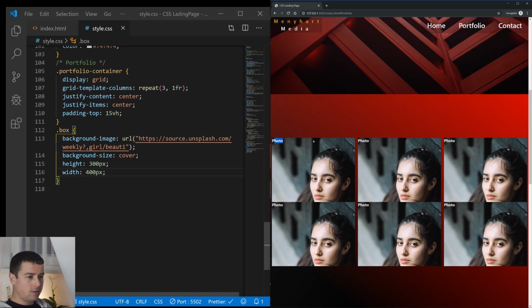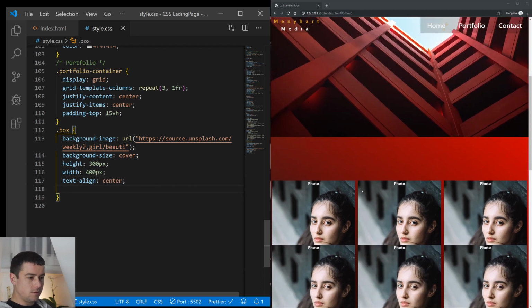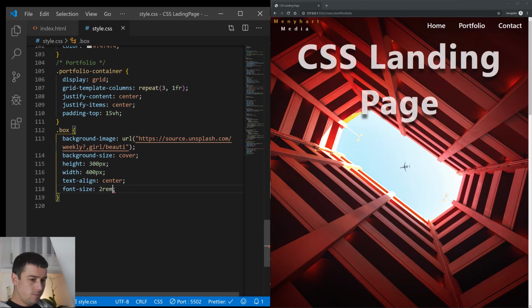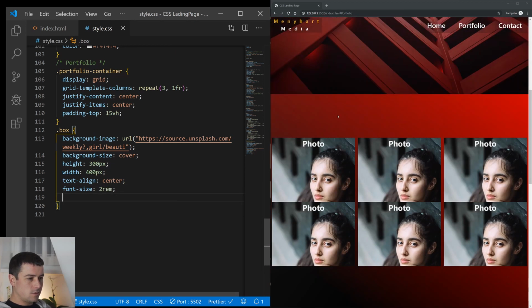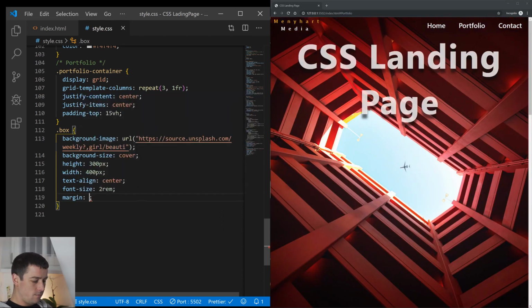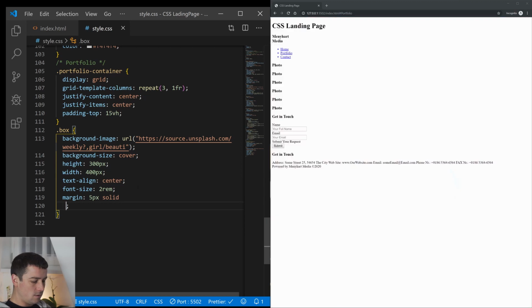Now we want the text to be aligned here to the center, so we'll just type in text align center. This will align the text to the center. Now let's increase the size a bit. Let's say font size of 2 rem. And now let's also give these images a bit of margin of 5 pixels solid and the color of